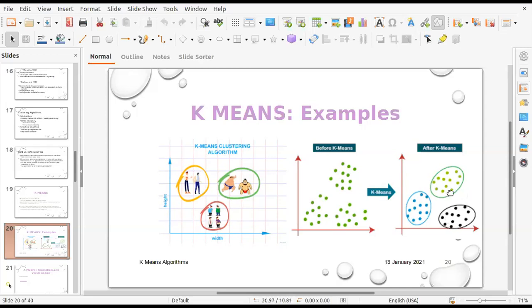If you look at them, then probably you'll see that the cluster center will be somewhere here. The cluster center for the blue points will be somewhere here, and the cluster center for the black points will be somewhere here, and they will represent the clusters. And if you compute the distance of the points which belong to that cluster and the cluster center, and if you take the sum of squares, then probably this sum will be smallest. Okay, and if you add all these together, this value will be smallest compared to if you form some other kind of clusters.